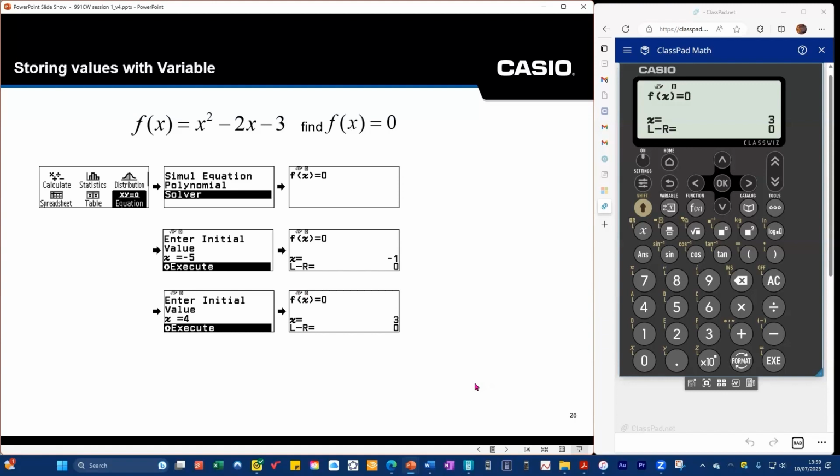Now, you may be wanting to do something with the solutions to this equation. So we can now have a look at storing these values. So here we can use the variable